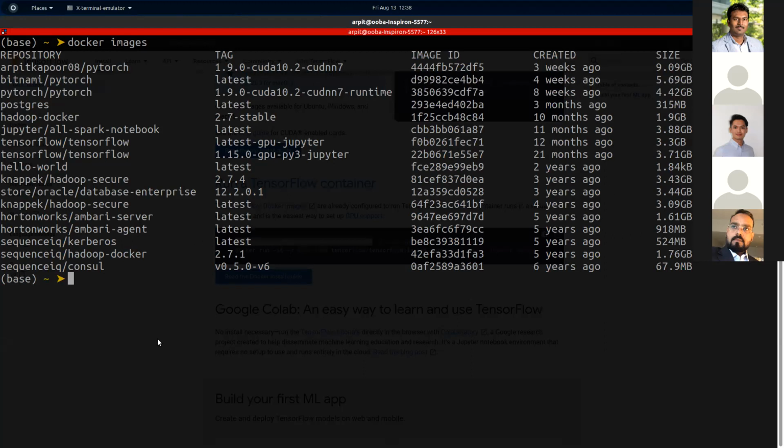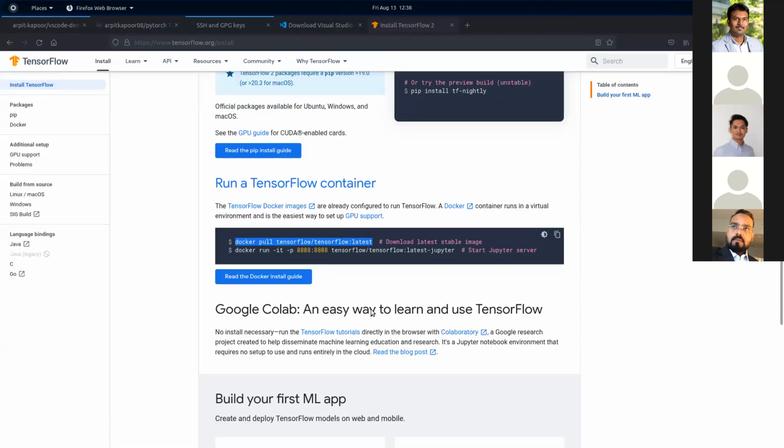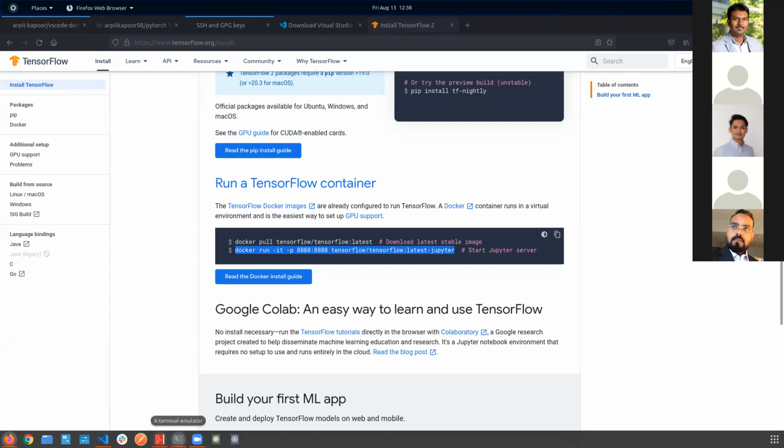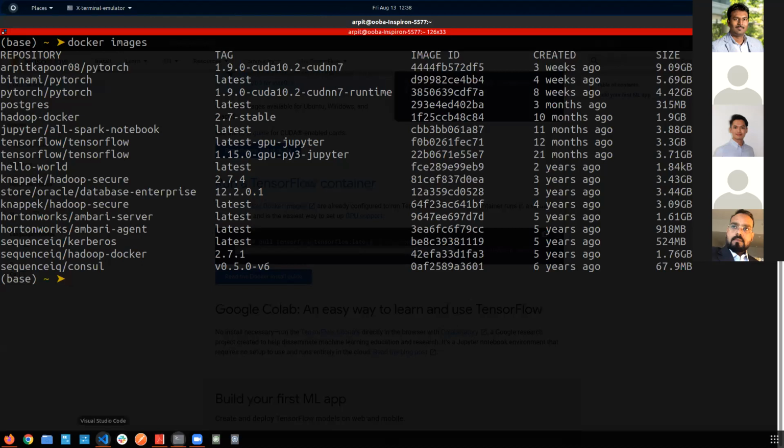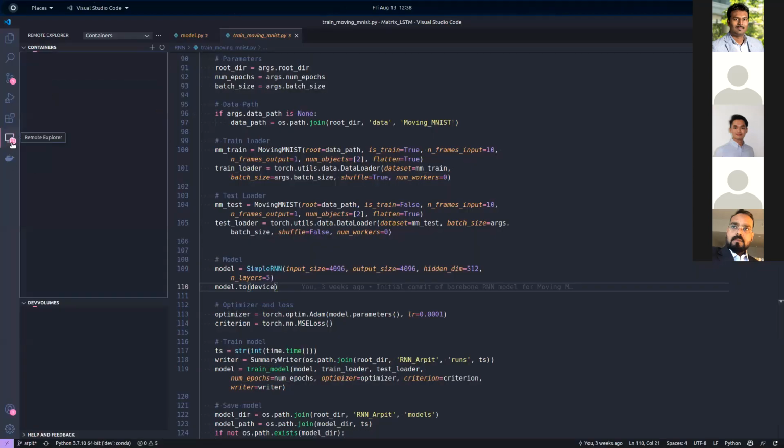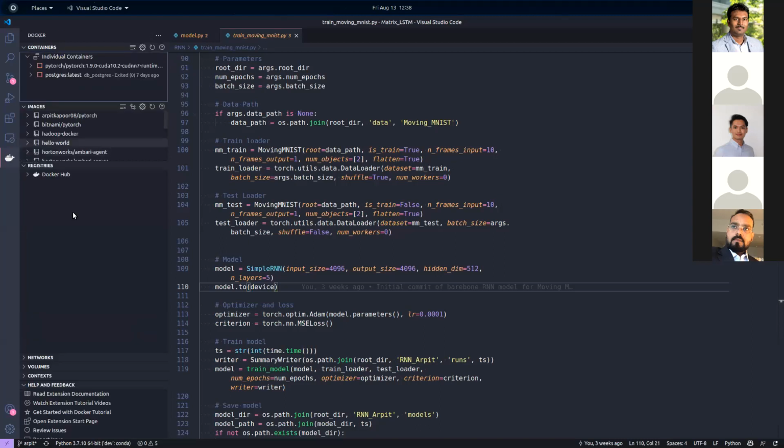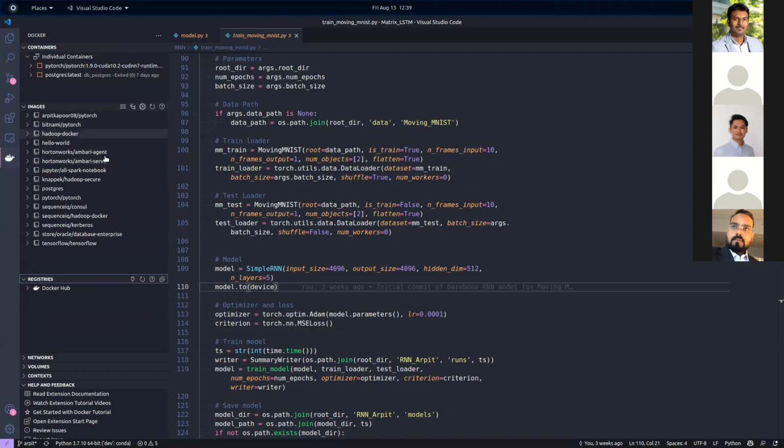So how Docker can help with that environment inconsistency issue is that you can run a Docker container, which is nothing but a TensorFlow environment where you can run your code, right? It's like an operating system running inside an operating system, like a VM, right? So I have these two extensions. Docker will show you all the current images and containers inside your system. Let's say I want to work on PyTorch, I can start this container that I already have of PyTorch, right?